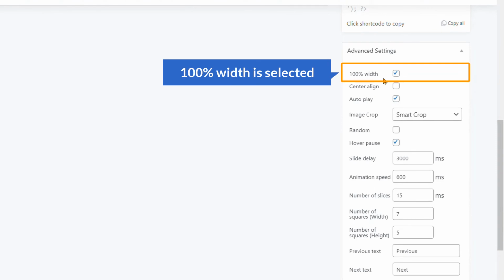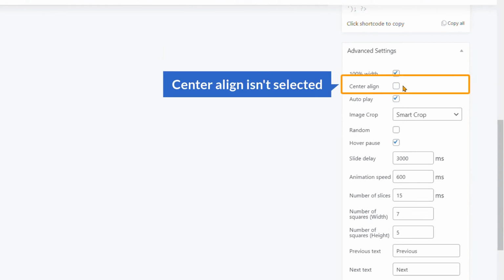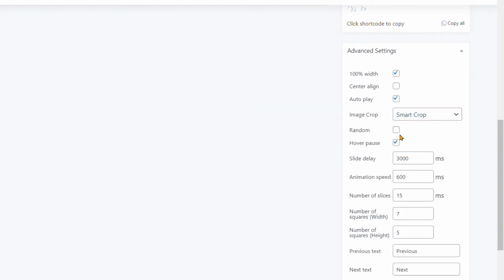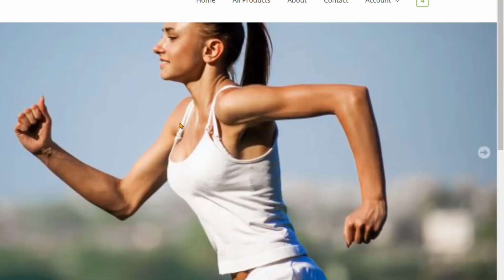Here you can see width 100% is selected, and center align is not selected, and smart crop. You can disable image crop, or you can keep smart crop, and randomize, pause on hover. Here you can see if I hover over it, then the slider will be paused.